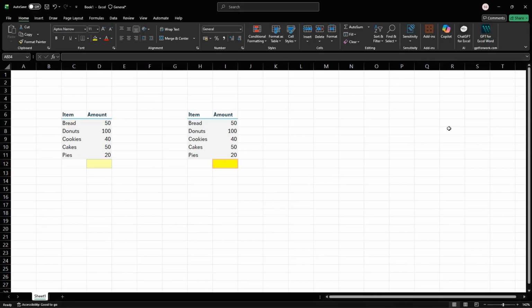So let's get right to it. How do we perform averaging using Excel? One thing is quite important: to declare a formula, you always have to start it with the equal to sign. So in the yellow box here, I want to find the average of these numbers: 50, 100, 40, 50, 20. So I simply type equal to